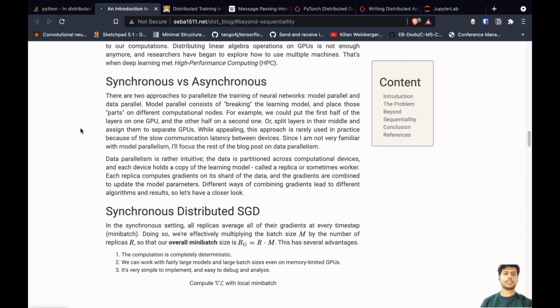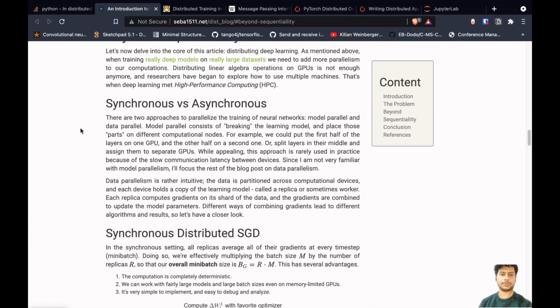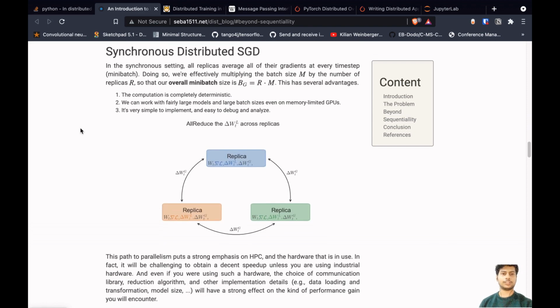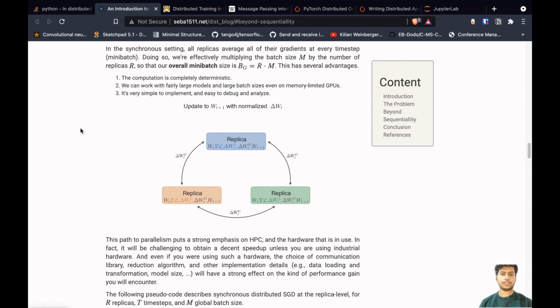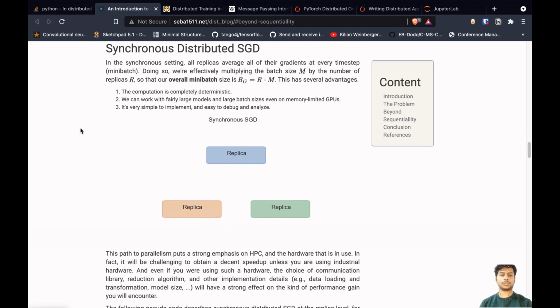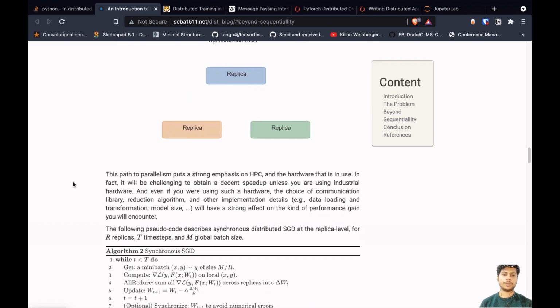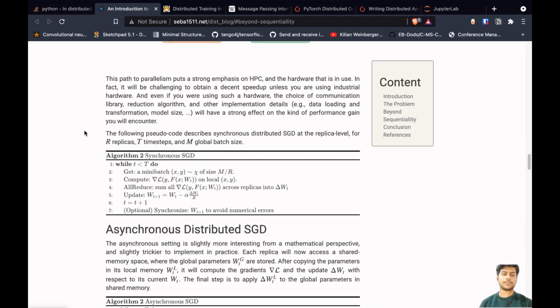So we have synchronous and asynchronous distributed SGD. In synchronous SGD, we copy our model to each of the GPUs, and we pass our data to each of the replicas. So basically we call the copied model on each of the GPUs a replica. We pass our data to each replica and calculate the gradients, and in order to update the gradient, we average the gradients in all the nodes or all the processes, and